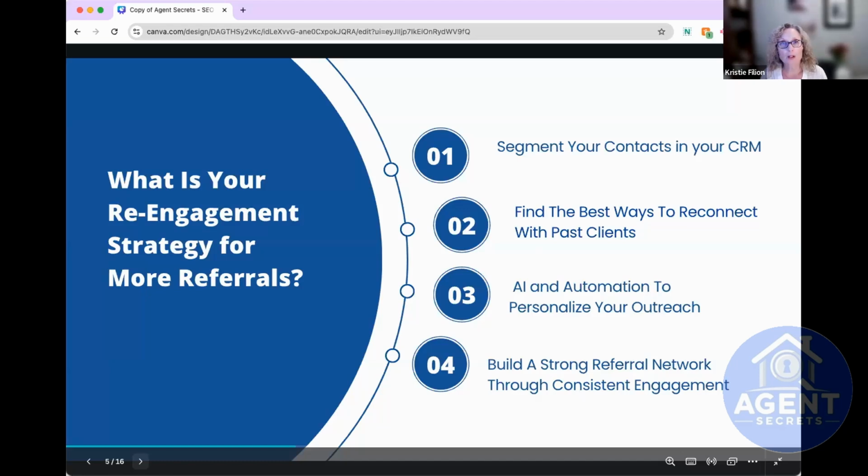Number three, how can we use AI and automation to personalize your outreach? AI is there for you to add more efficiency to your process. So how can we use that to get to more people, but in a very personal way? We don't want to lose that personalization. Okay, that's what I'm saying. We want to use AI, we want to use automation, we want to keep that personalization, because that's what really